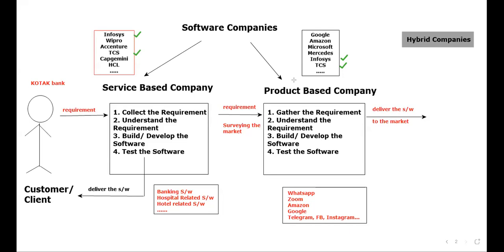If you are an experienced person having around 4 to 6 years of experience, please try to search for a job in a product-based company so that your life will be settled. If you have some 4 to 5 years of experience in the IT industry, please try to search for a job in a product-based company. Sir, what will happen in a product-based company? You will be working in the same domain for a couple of years. If you develop the software, you'll be working on the same software, giving maintenance and all those things, for a couple of years.